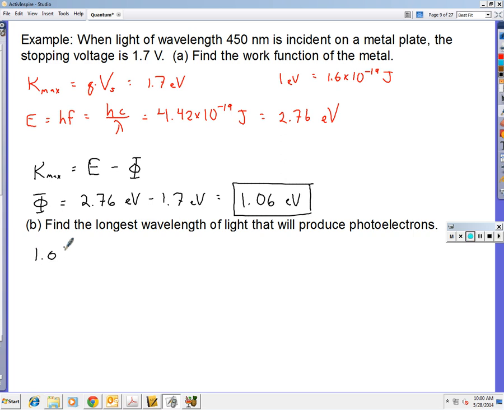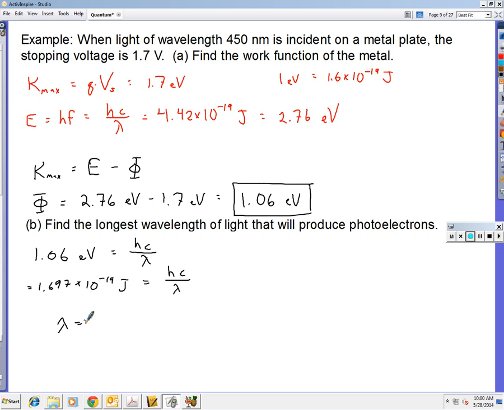So basically we're saying that 1.06 electron volts equals the photon energy hc over lambda. But first we need to convert that 1.06 electron volts back to joules. That's 1.697 times 10 to the negative 19 joules, which equals hc over lambda. Solving for lambda,